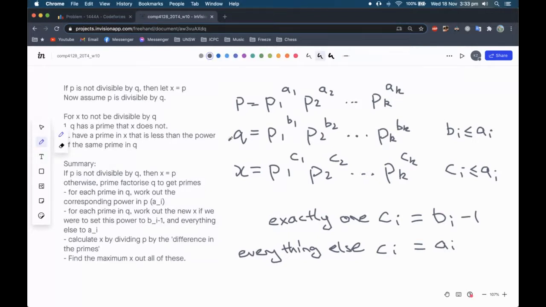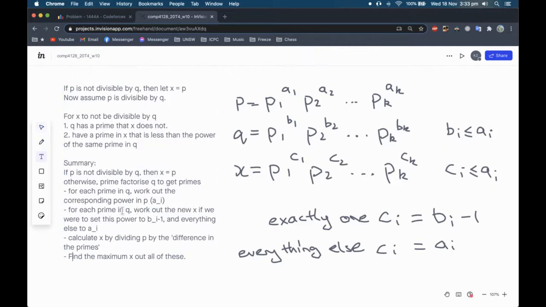Just to go over it again, for every prime in q, we're going to get this prime, and we're just going to work out the value of ai. And you can do that very easily just by dividing p a bunch of times until you get that value. And then after you get ai and you also know bi, then you can calculate the new x if you were to set the power to bi minus 1 and everything else to ai. And the way we do that is